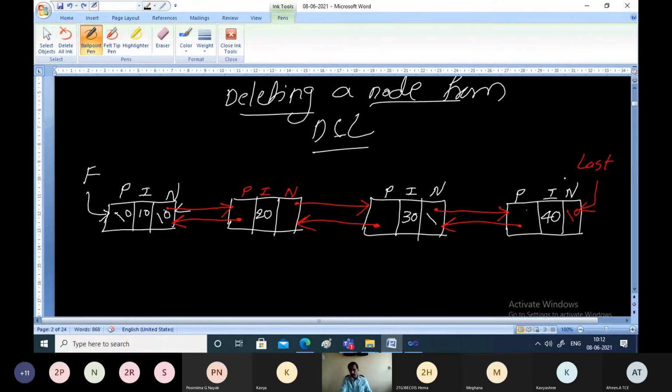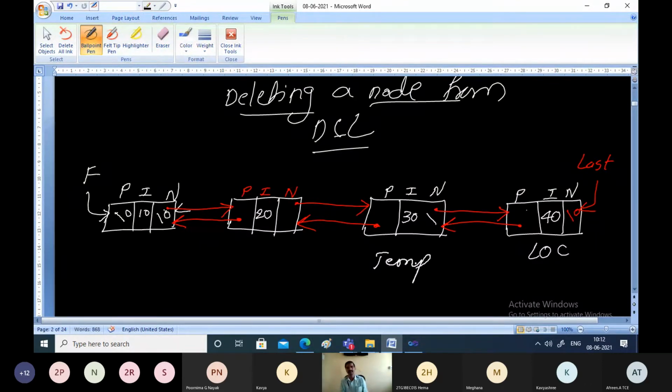Now similarly, if you want to delete the last node of the linked list, what do you have to do? We will find the location of the node, traversing up to the last but one node. We'll be using a temporary pointer for traversal.